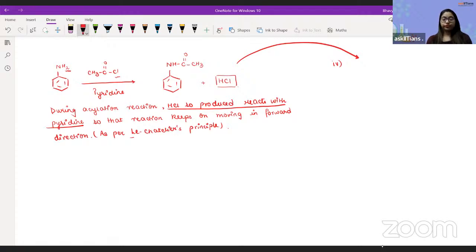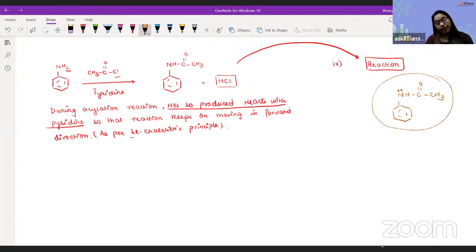When you write the reaction and the products, highlight this part again with the lone pair, and then write that since the lone pair present on nitrogen